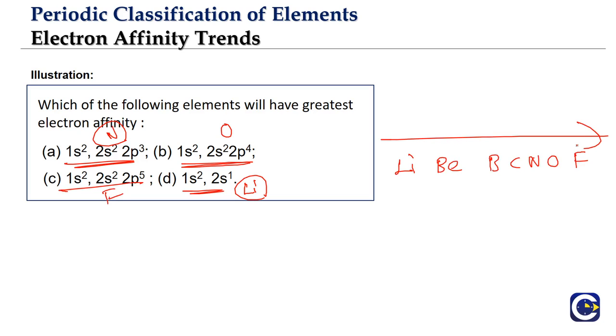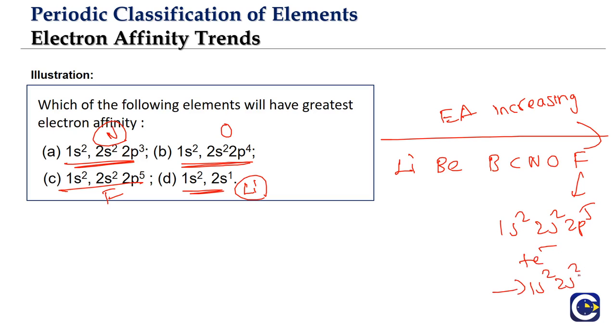This is it. When you move from left to right in a period, what is going to happen? The electron affinity value will be increasing. Of course, we have the anomalies, isn't it? But here the halogen in any period will be having the highest electron affinity. So if you look at the halogen arrangement, what is it? It is 1s2, 2s2, 2p5. Now by gaining one electron, it will be reaching to what? 1s2, 2s2, 2p6. It reaches the most stable structure. That is why it is going to have the highest value for the electron affinity.